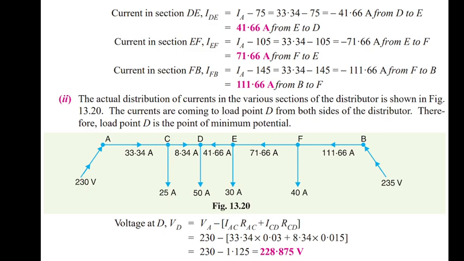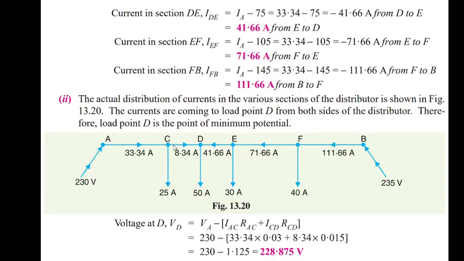So this single line diagram clearly shows the final distribution of currents along the entire distributor, and the current flows toward point D from both ends A and B. This indicates that point D is the location where the potential is minimum, as the currents converge at this point, and finally the voltage at point D can be calculated by subtracting the voltage drop along sections AC